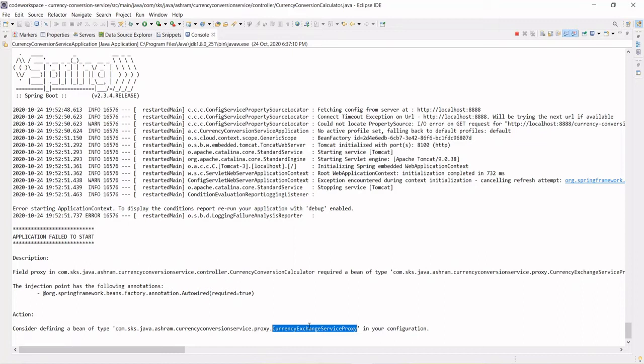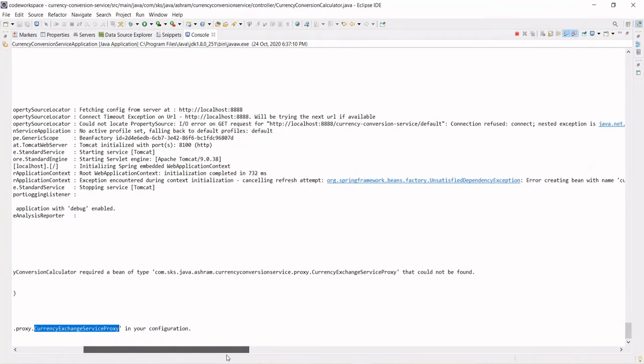So you will have to tell your microservices, your Spring Boot, like we are using the Feign client, so we have not enabled the Feign client. Okay, so you will have to enable the Feign client. So how can you enable it? If you see, it's not recognizing the autowiring required through currency exchange service proxy. If you see the complete log here, it could not be found, right?